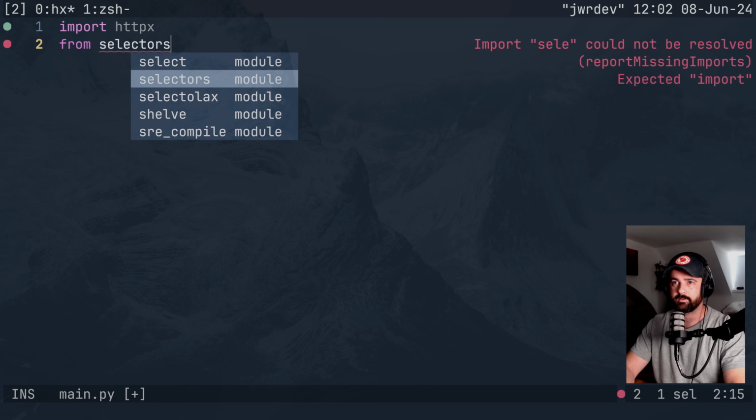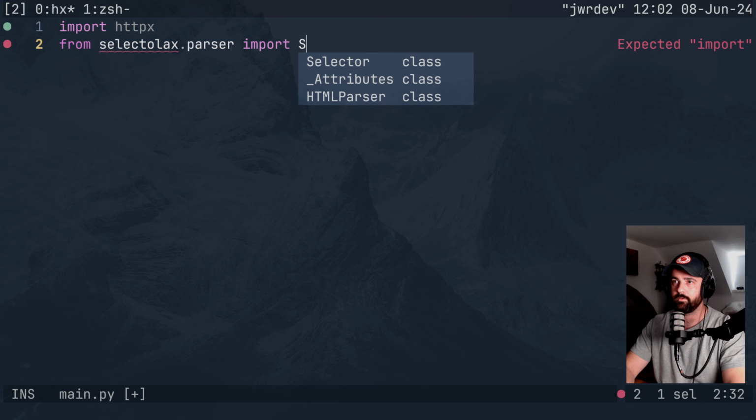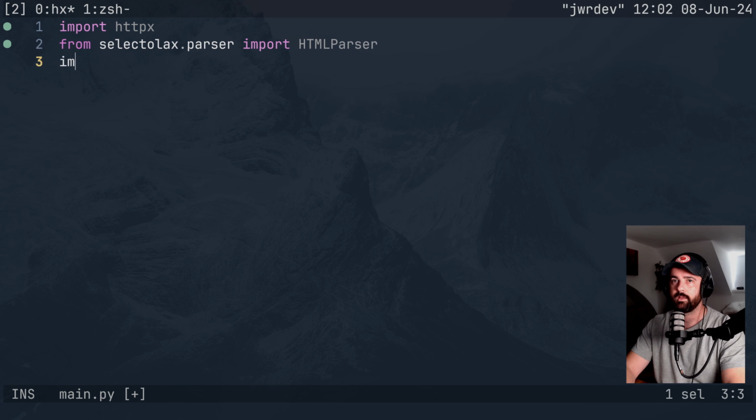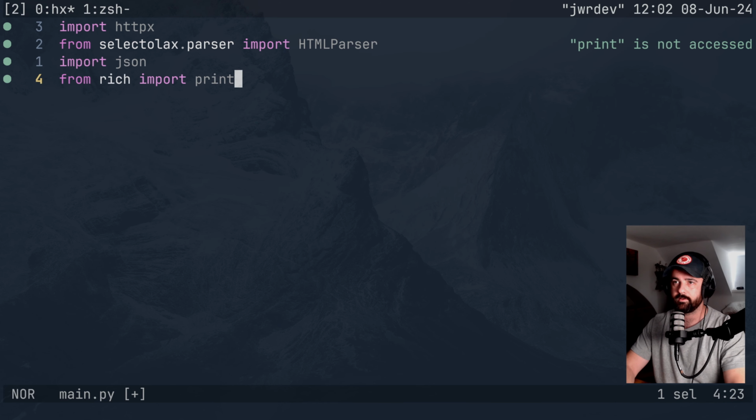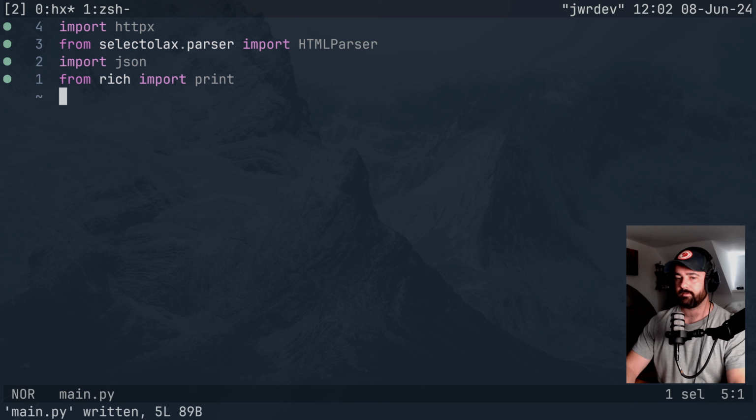From selectolax.parser, I'm going to import the HTMLParser. We will need that. We're going to need JSON because we just looked at a load of JSON data. And I'm going to do from rich, we're going to import print. There might be another couple of libraries that we want to use as we get going, but we're going to